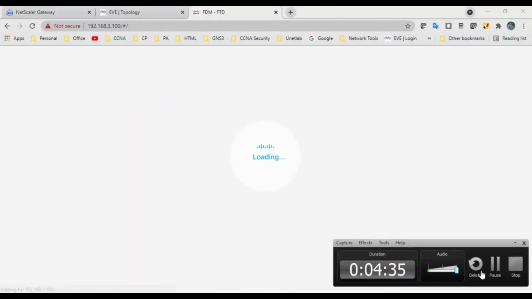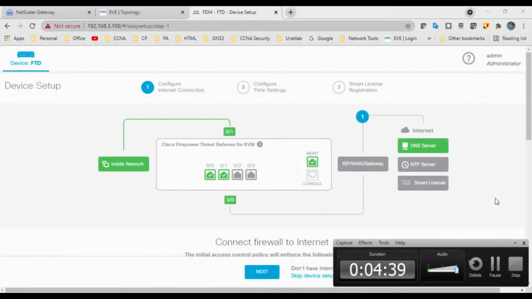It will take some time to load the page, so meanwhile I will pause this video. Okay, right now I got it. This is the FTD device setup and configuration, and the GUI gives a nice graphical view.